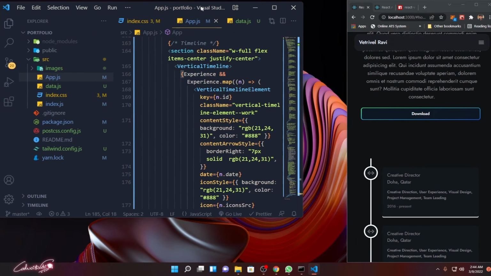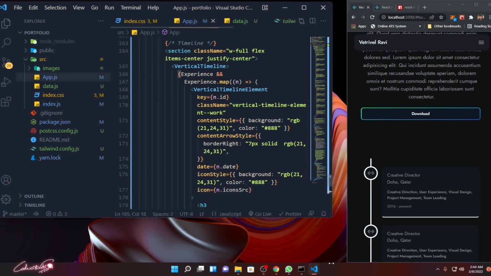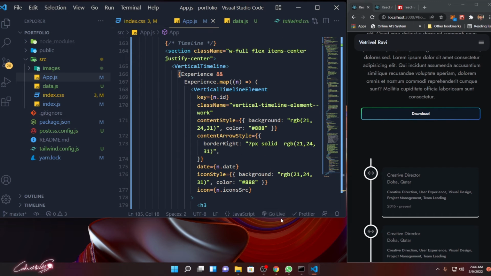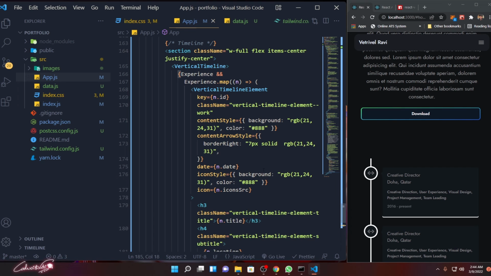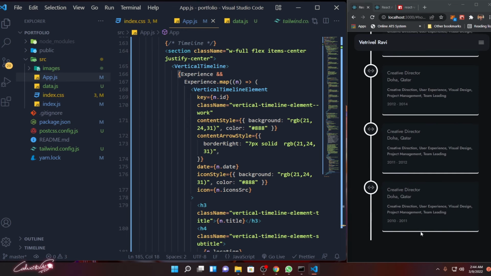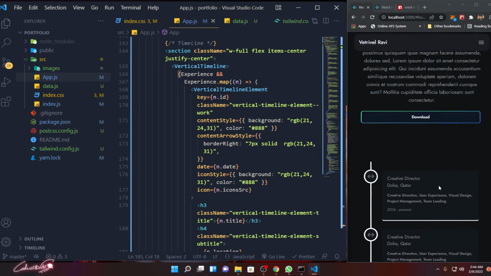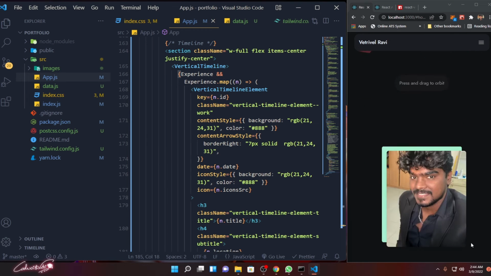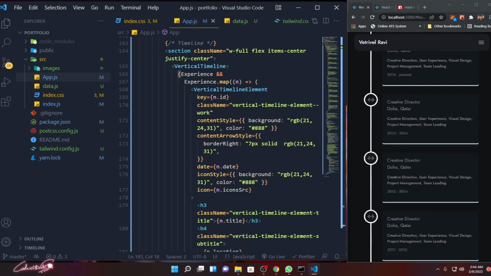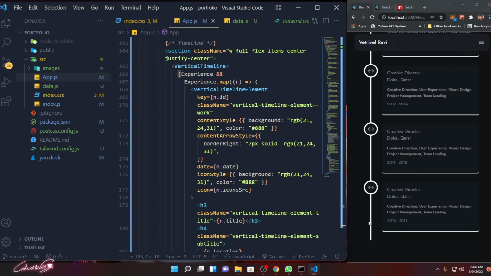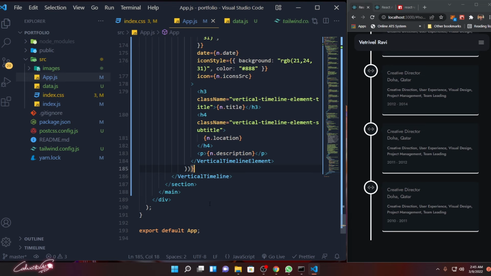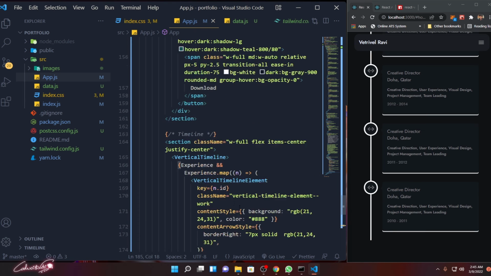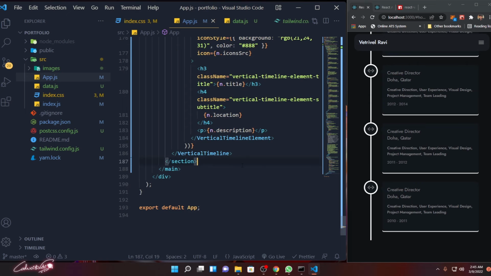Okay, so let me keep it over here, expand it. Okay, so now I can see it in the mobile screen also. Okay, cool. So we have the about section above the home section, and we have a timeline, so everything is nicely done. So next what we need to do is our project section, and right after this section,